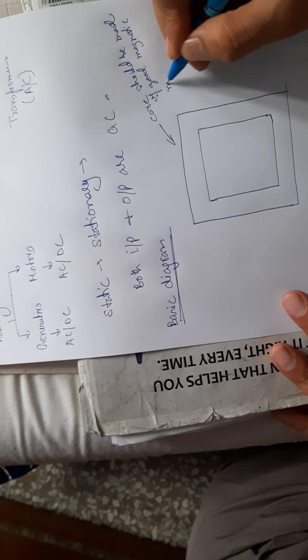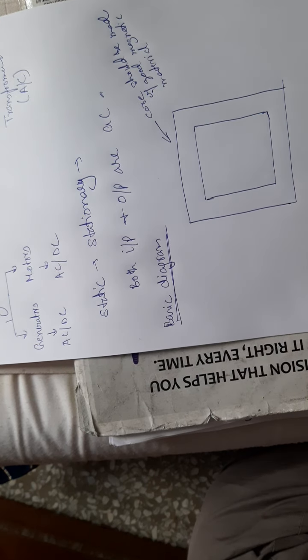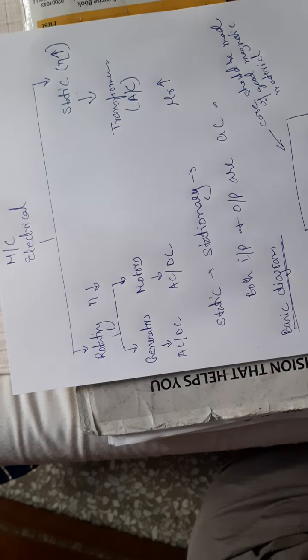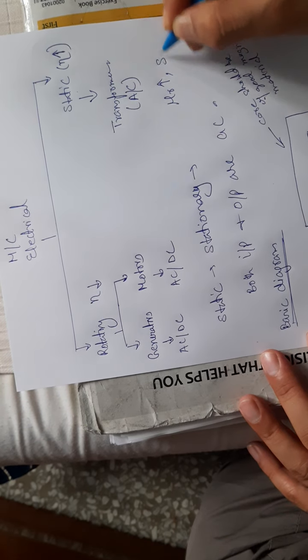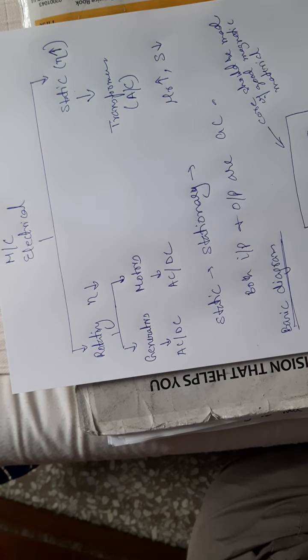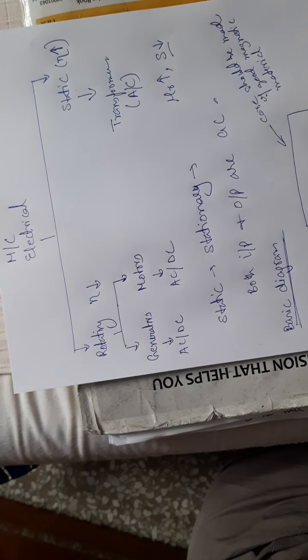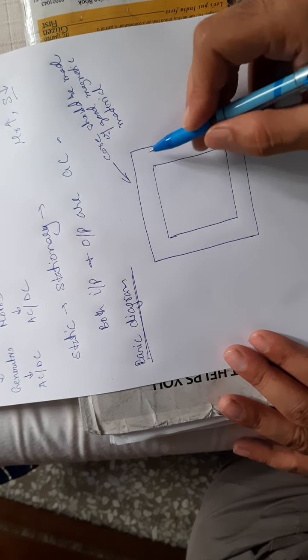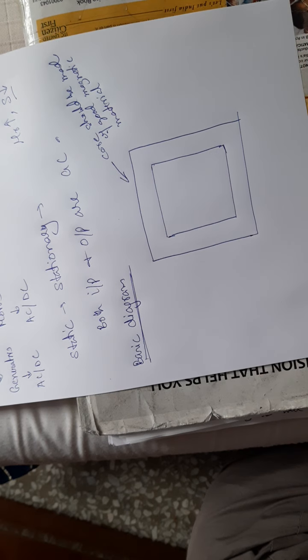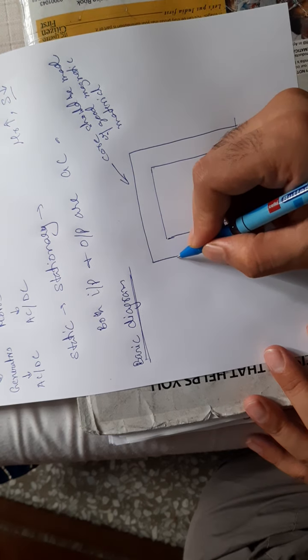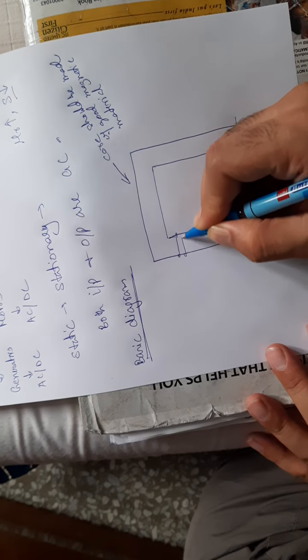What do you mean by good magnetic material? By good magnetic material, you mean that its relative permeability should be high and its reluctance should be very low. Because reluctance is the opposition to the flow of flux. If reluctance is high, flux will not flow through this iron core. Okay, so this is all about the core. Now let me draw the primary circuit and the secondary circuit. So I am saying I have windings here.